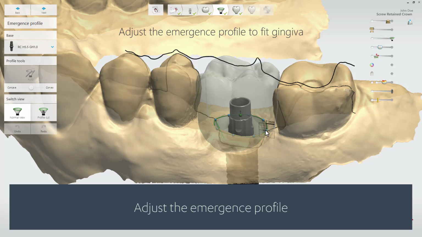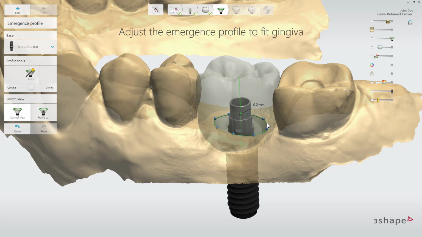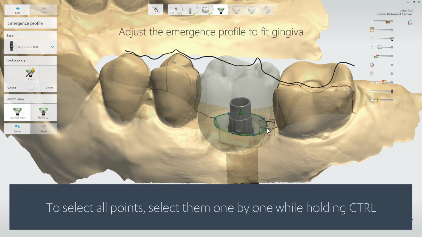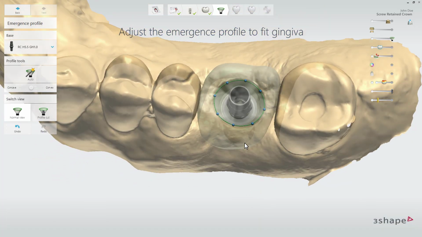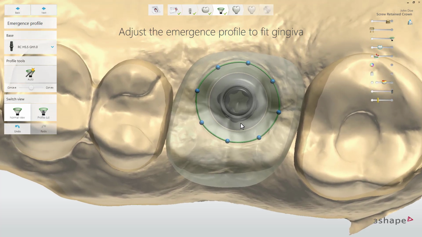The emergence profile can easily be adjusted by using the blue control points, while you are visually guided by the cross-section of the gingiva and crown. The green line on all the blue control points can be moved up and down by dragging the middle green point or the green line itself. Holding the control button down will allow you to move all points in reference to the implant axis. View from above to ensure the emergence profile has a shape that fits the shape of the crown that it